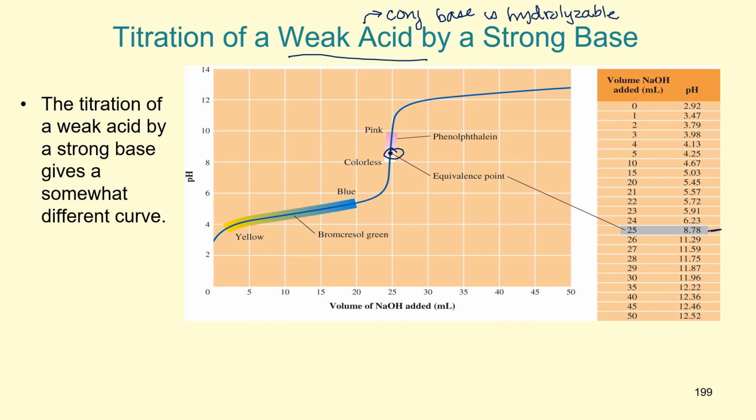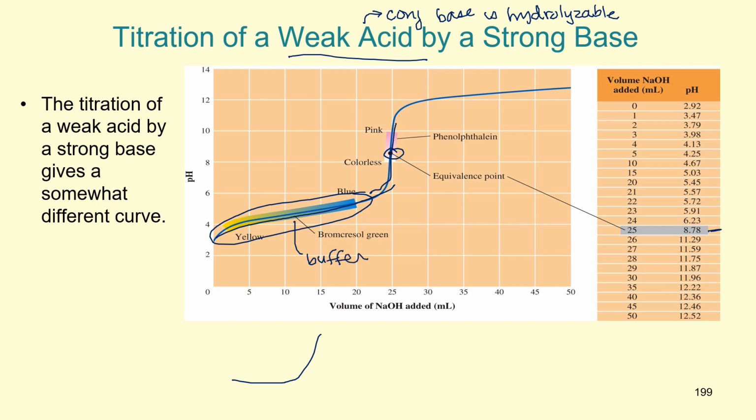And so we have to worry about it, and because it's somewhat basic, the solution at the endpoint will be basic. The other thing that we can see is that the steepest part is smaller, and this goes up a little bit less. On the other one, it was more flat, and this one kind of goes up and up. This part where it's colored is called the buffer region,